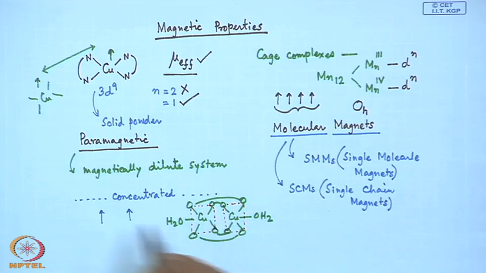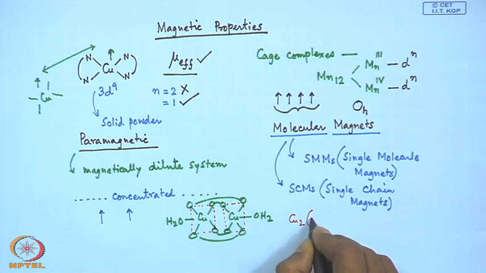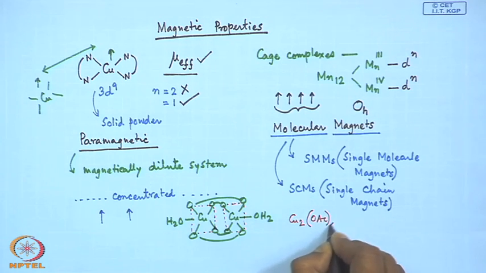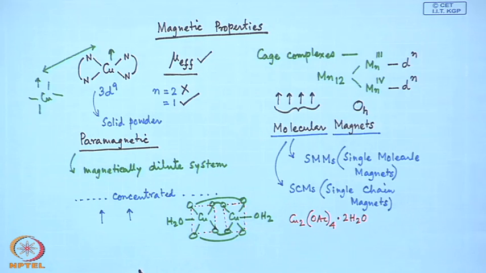And so, we find that individual magnetic orbitals on one copper center are interacting with the second one. So, this is Cu2(OAc)4·2H2O. This is the basic structure of simple copper acetate salt, which is basically a dimeric one. So, we get a dimer, and in that dimer these two unpaired spins can definitely interact with each other, and